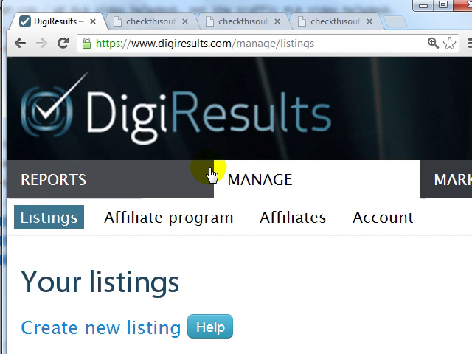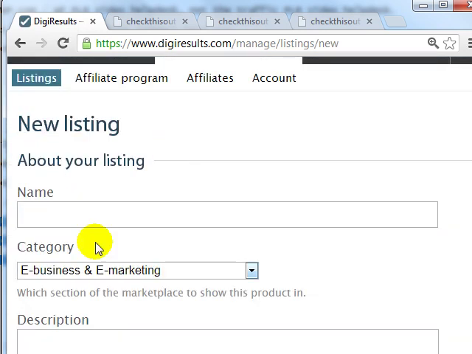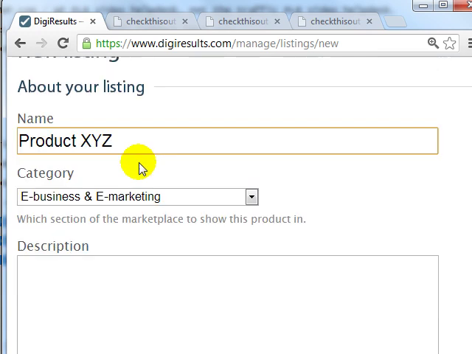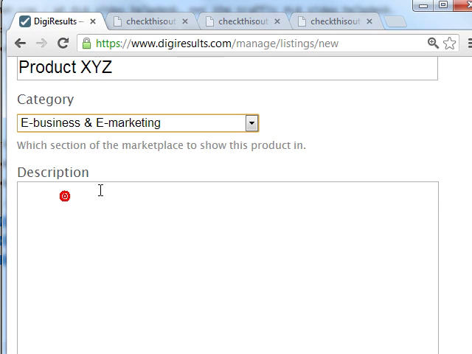And at the very top here, click on Manage, click on Listings, and click on Create New Listing here. So what you need is, of course, your product listing name, which is basically your product name. So in this case, let's say that we're going to call this just something generic. We'll just call it product XYZ. The category will be, we'll just say e-business and e-marketing. Then you're going to put the description,